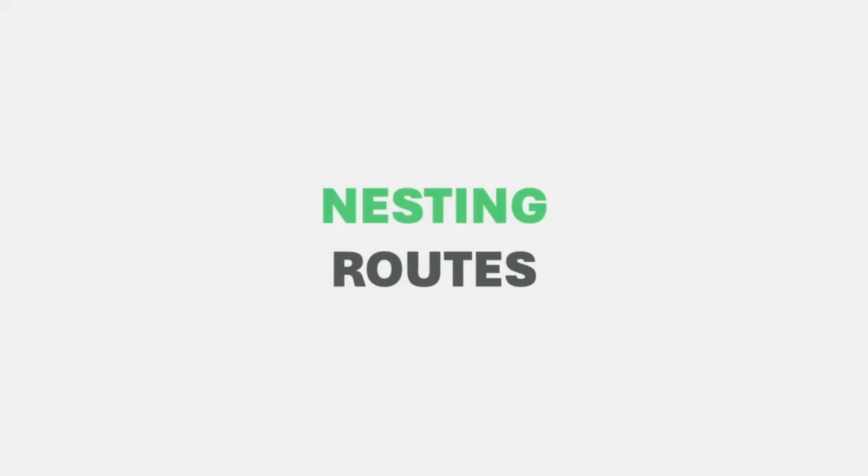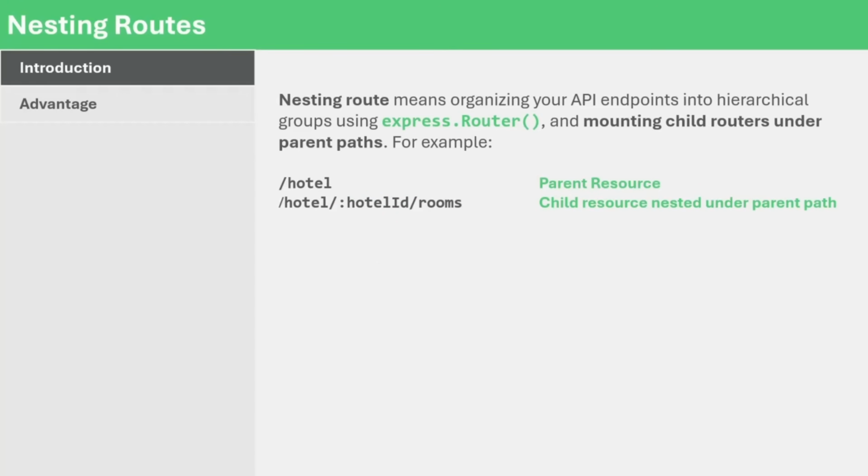Hello and welcome back. So before proceeding further, in this lecture, we are going to learn what we mean by nesting routes and how to nest routes in an Express app. So what do we mean by nesting routes? Nesting routes means organizing your API endpoints into hierarchical groups using Express router and mounting child routers under the parent